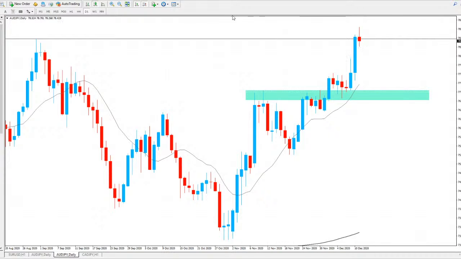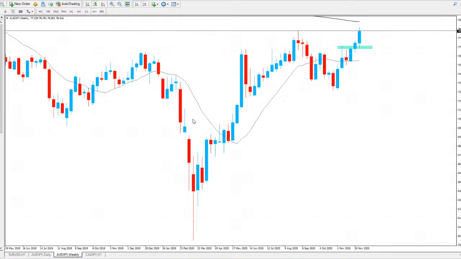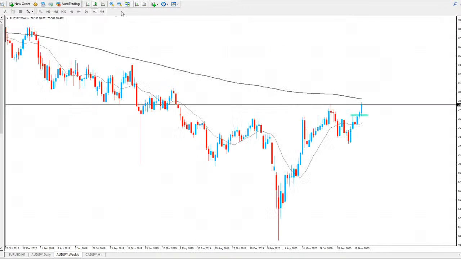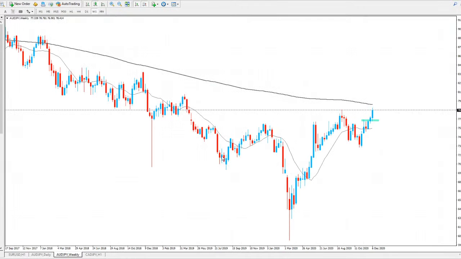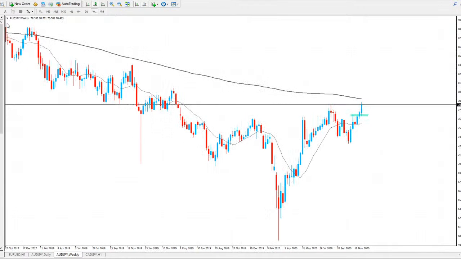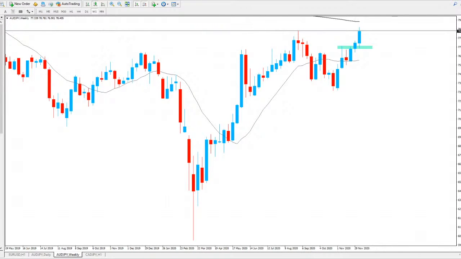And I was saying we're probably going to create some higher highs for ADJPY because of the higher time frames at the weekly. You can see we're starting to create a new uptrend here. We've been having a really bearish trend, as you can see here, very bearish trend here, and then we saw price kind of break out of this bearish trend, because you can see the last swing high of the market was here. We had market test that area, push the downside, retest this previous swing high, and then you can see we